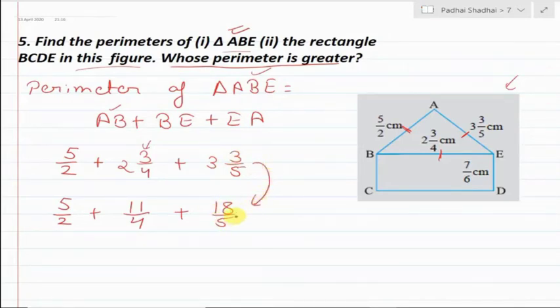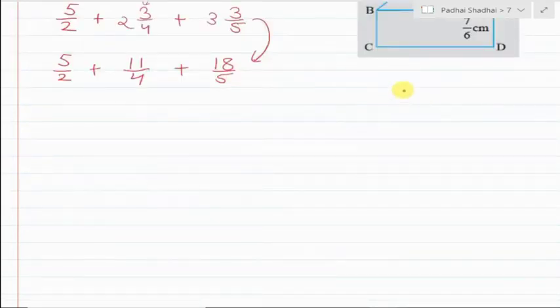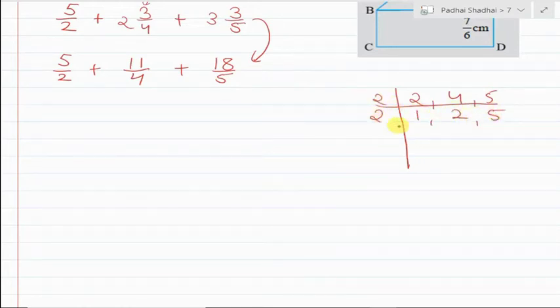Now we will need to take the LCM of the denominators, that is 2, 4 and 5. So LCM of 2, 4 and 5. Okay, so dividing by 2, we will get 2 ones are 2, 2 twos are 4 and 5 as it is. Dividing again by 2, 1, 1 and 5. Lastly we have to divide by 5, so we will get 1, 1, 1. So the LCM will be 2 into 2 into 5, that is 20. 2 twos are 4, 4 5s are 20.